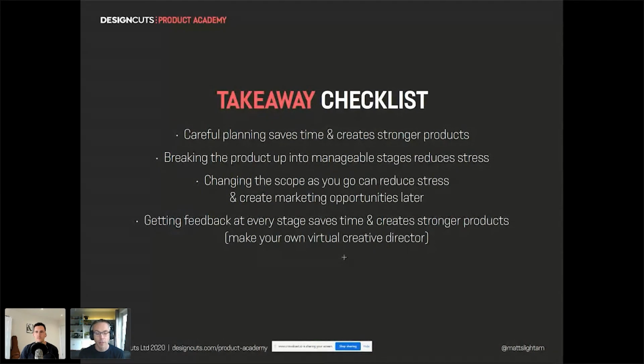And you can also reach out to other designers whose work you respect, or even friends who have got a good eye, who will be honest and objective about your work and anything you tell them. So you can make your own network and creative director to help you move your own products forward as quickly as possible. Because if you try and do it on your own, it's very, very easy to get blind to your own work. You really need a second pair of eyes on things.